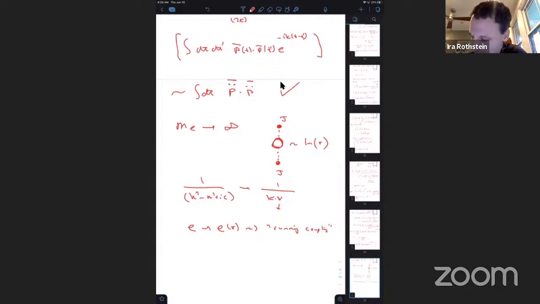Of course, to all orders in quantum corrections, you would need to include all the corrections to this. But if you knew the self-energy of the photon, you would be done, right? Now, of course, at distances long compared to the electron mass, these effects are all suppressed. So from the point of view of effective field theory for R much greater than 1 over m_e, the coupling just freezes. The coupling stops running